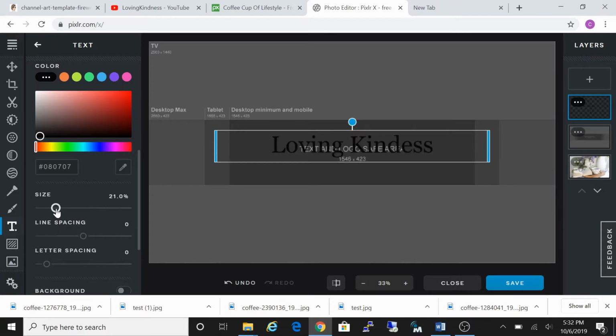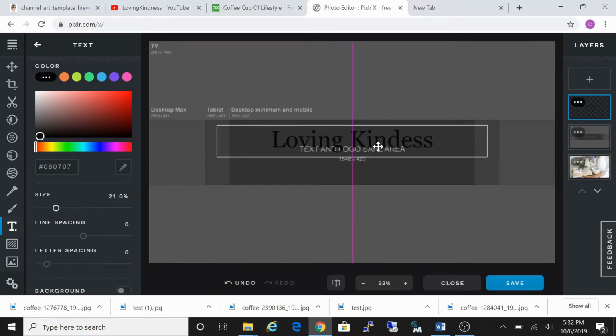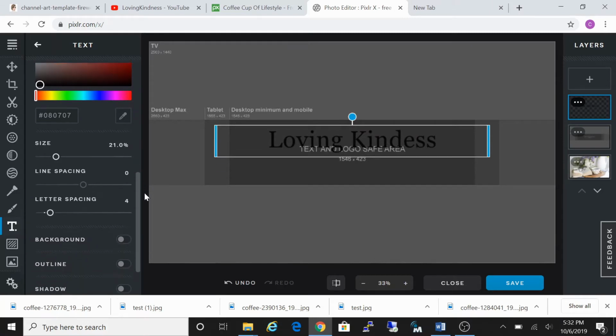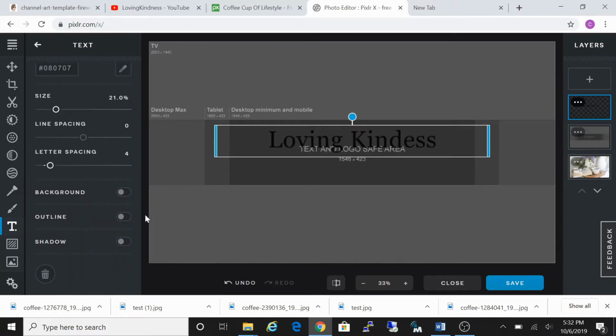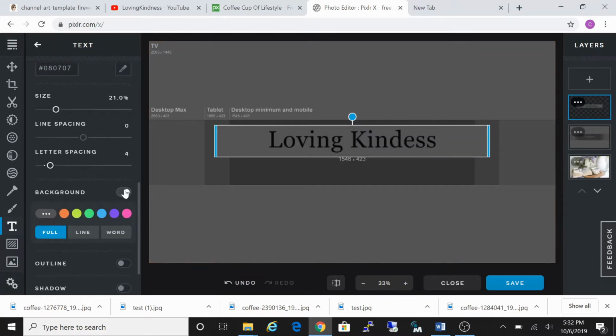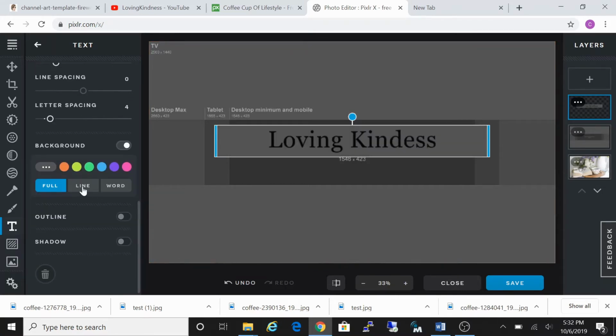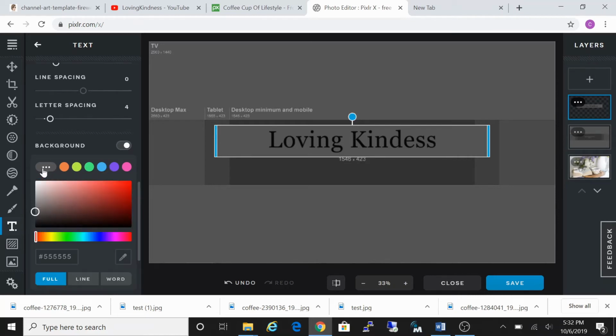Now I want to size. I want to increase the size of the font, so I can do that from here. And I want to change the letter spacing. I can do that over here. Now say you want a background for this text, you can also create a background. And I want a little bit gray color, so I'm going to come over here, select that,